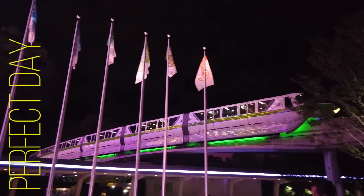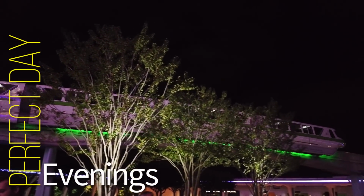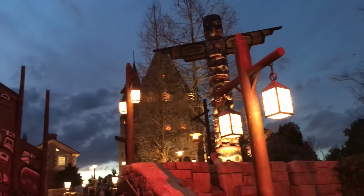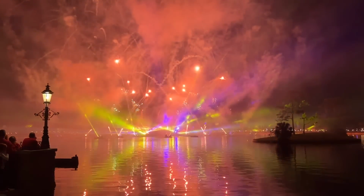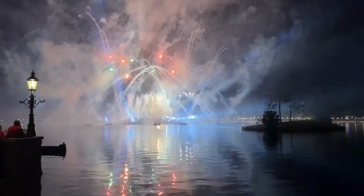Now, the evenings, this is when showtimes, for the most part, are going to start wrapping up and be over. You've also probably already made it on all the rides you care about because we just had the best perfect morning and afternoon, and you were so smart with your lightning lanes. Now, I think Epcot is a great spot to do dinner and a show. Epcot has a newer nighttime spectacular called Luminous: The Symphony of Us, and